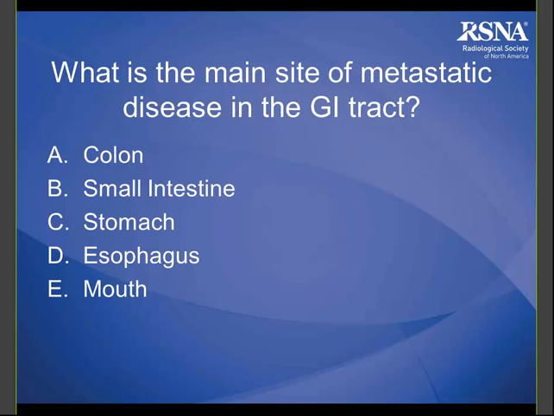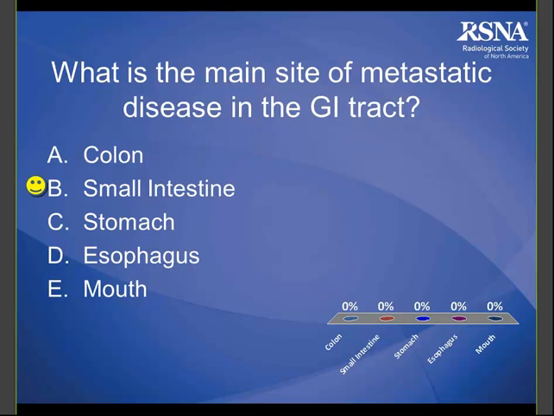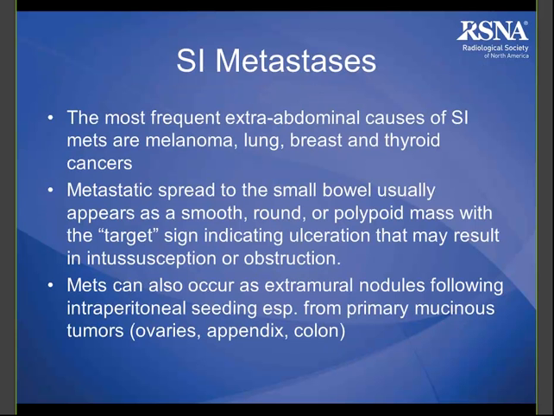And what is the main site of metastatic disease in the GI tract? Small intestine, so if you answered that, you're correct. Small intestinal metastases. Most frequent extra-abdominal causes of small intestinal mets are melanoma, lung, breast, and thyroid cancers. I must say I don't see a lot of metastases from thyroid to the small intestine, but melanoma, lung, and